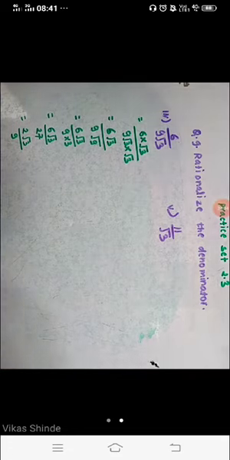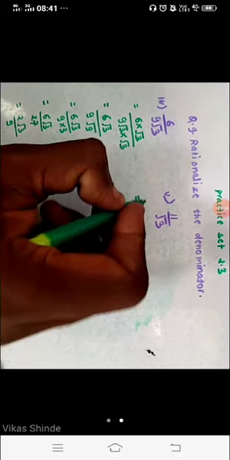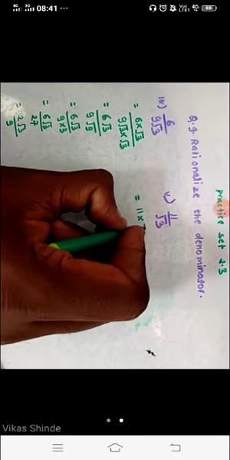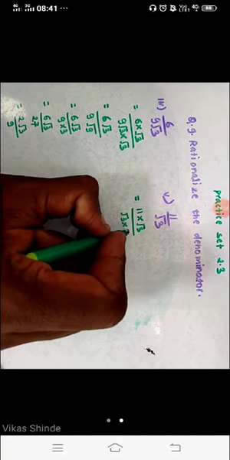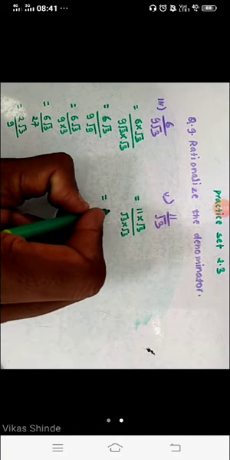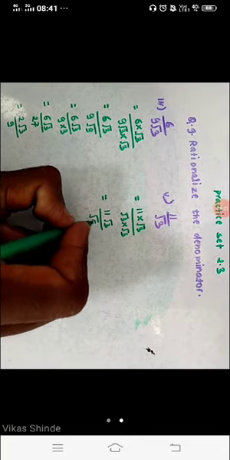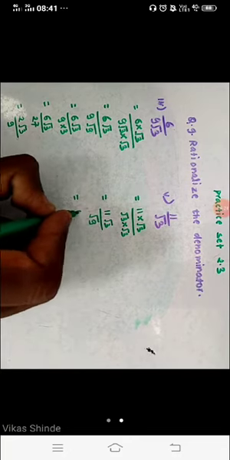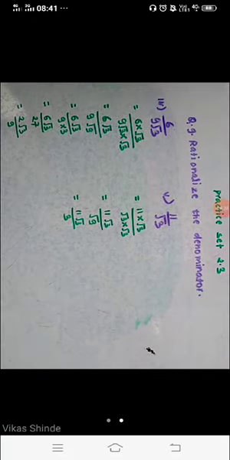Now see student, next question, question number 5 here, 11 upon root 3. In the first step, we have to multiply the numerator and denominator by under root of 3 here. Here under root of 3 into under root of 3 is equal to, right now 11 under root of 3. Here under root of 3 times under root of 3 means under root of 9 here. So right now 11 under root of 3 upon under root of 9 means 3 is our final answer here.